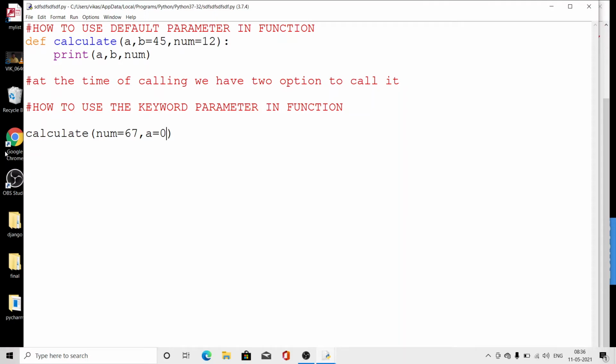Keyword parameters. I told you what the keywords are. In functions, keywords are the names of the variables that are used here. So here A is a keyword, B is a keyword, num is a keyword. If you want to pass the value of num first, then you can write num equal to 67, A equal to 0, and B equal to 122.